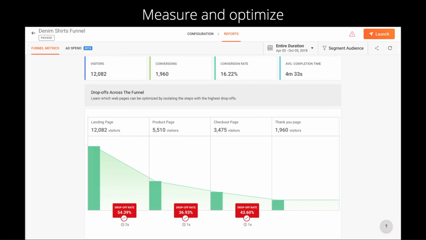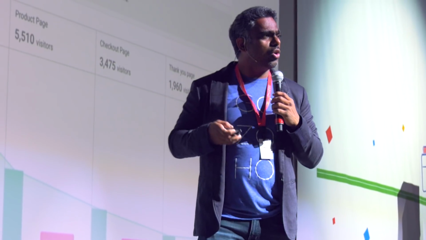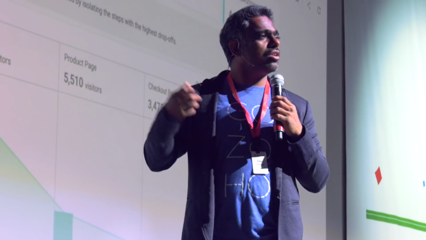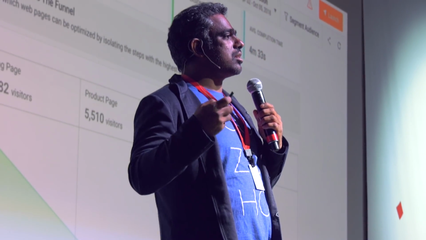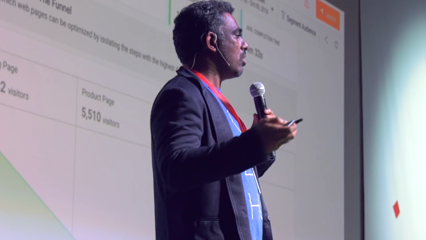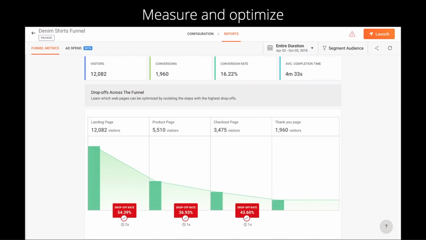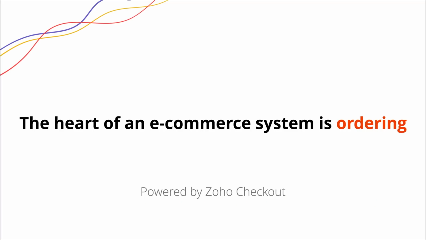And the beauty is it comes with funnel charts where you can see how many of your visitors are visiting the home page, how many of them are going to the product detail page, how many of them are adding to the cart, and how many of those are resulting in a successful checkout. All of this information is available for every single product you sell, and that's a comprehensive suite of customization and information that is available for an e-commerce site.